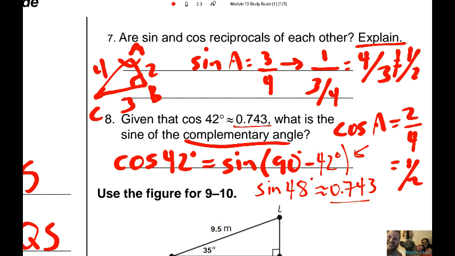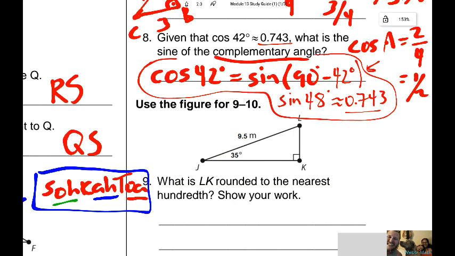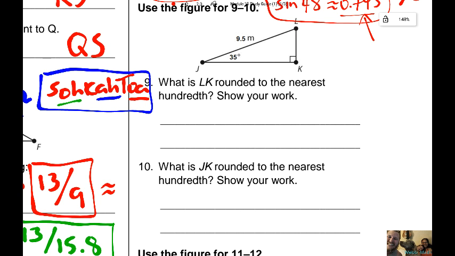So again, it's probably going to be a 2-part question. Make sure you show all your work. This is a great way to double check, and it's also, I think, a second part of your answer. So again, complementary, they both add up to 90, so you just find the missing piece